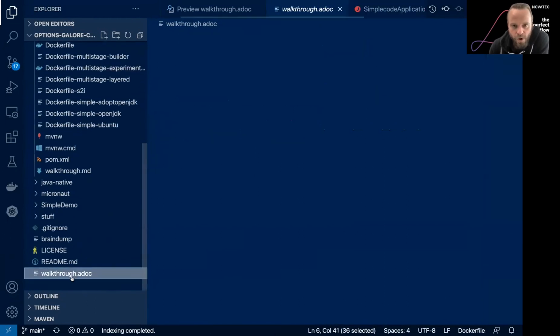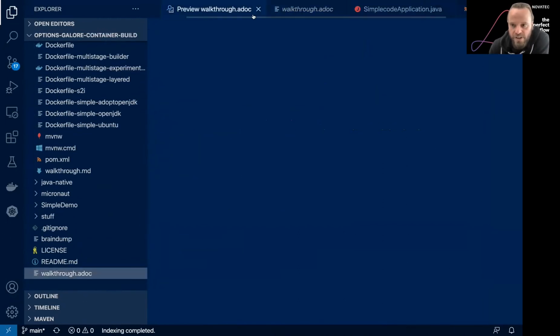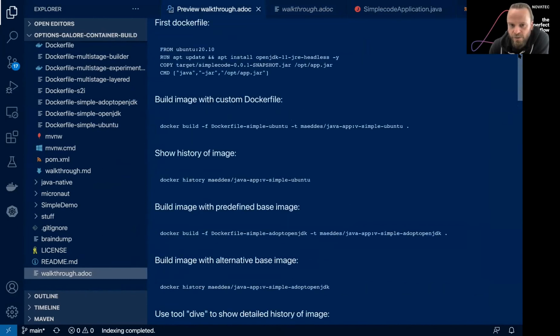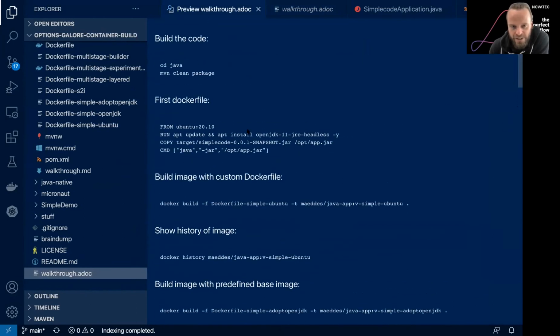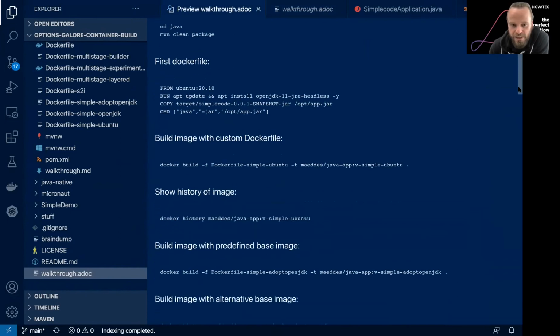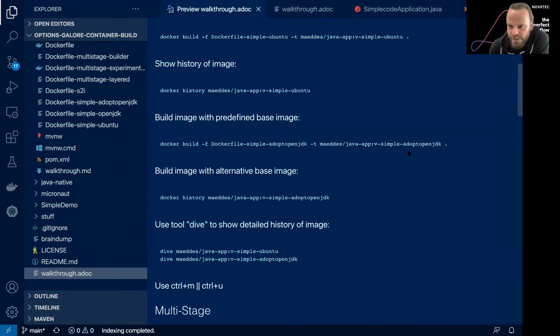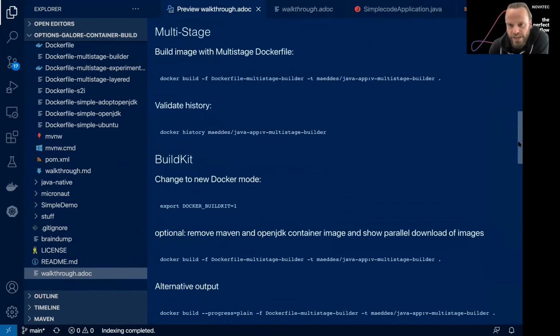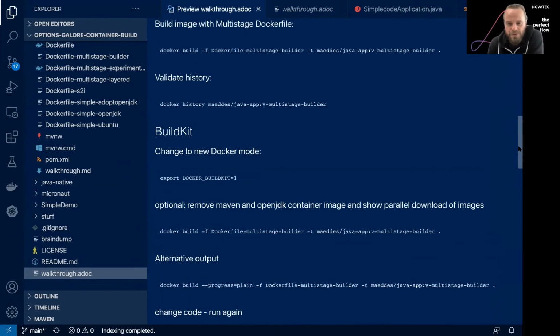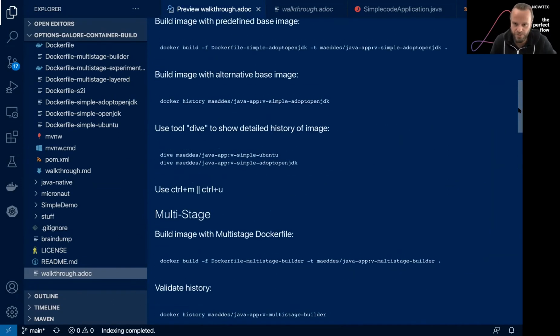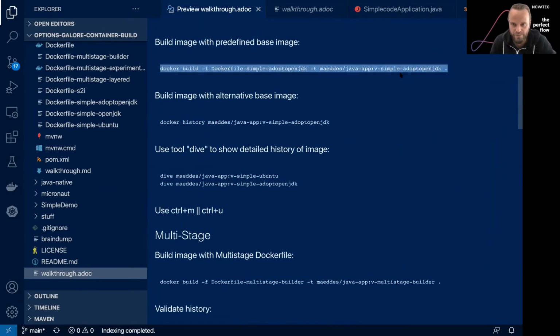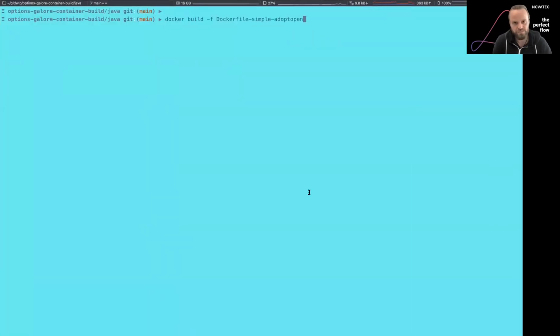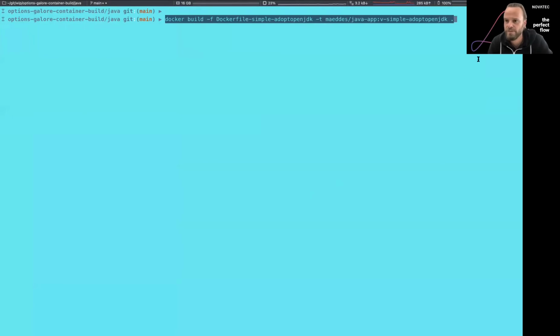There is a walkthrough section where I do various steps, like building a container with a plain Dockerfile, then using predefined images, looking at the history, and using the dive tool to inspect the images. I will probably only be able to show a few. So in a very simple form of building a Dockerfile, I'm going to do that.